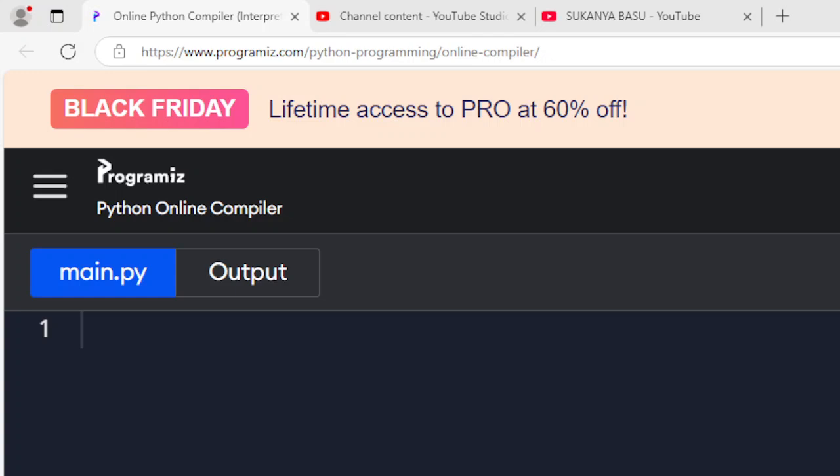Now we will find out even numbers using numpy. Okay. No, not even numbers, odd numbers. We will deal with odd numbers. Okay. Now what we will do? Import numpy. We will be importing the numpy module. Okay. Now,